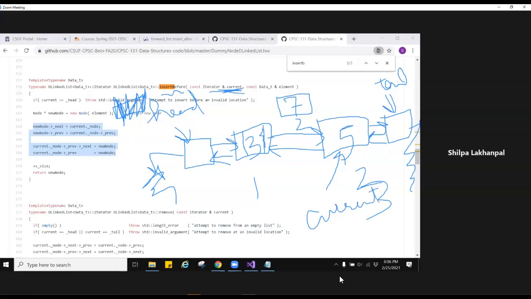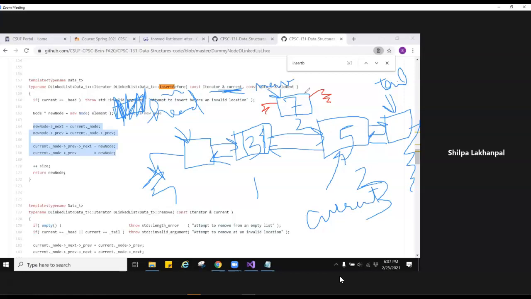And now look, you want to insert a new node. So basically this pointer over here, let me call it new. And now let's see what that code is doing, these 4 lines of code. It's saying that new node's next is equal to current dot node, because current is actually an iterator. So don't get confused by the dot and don't worry that much about it. It's just saying that new node's next is getting the node that the current is pointing to.